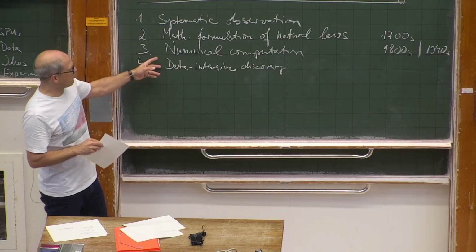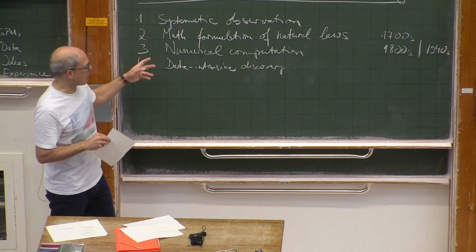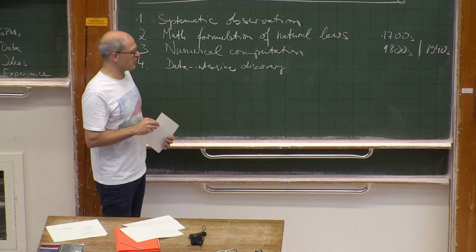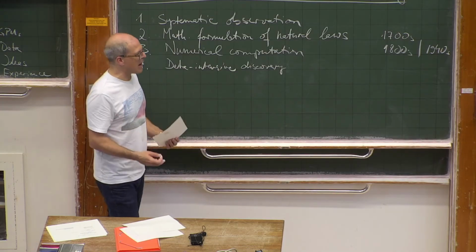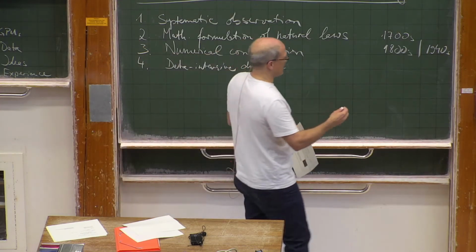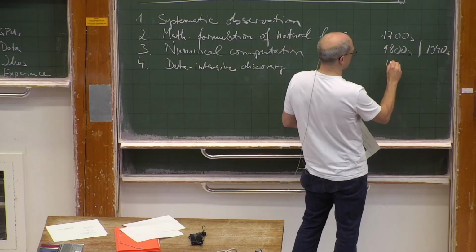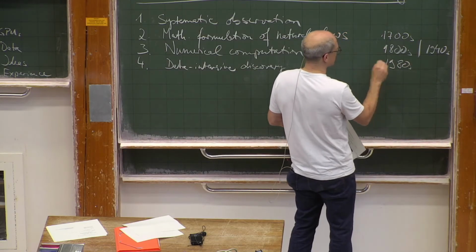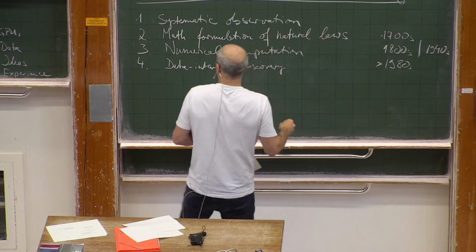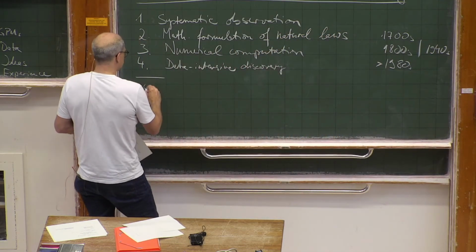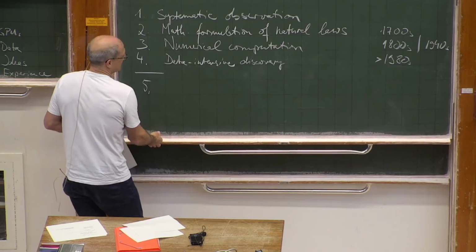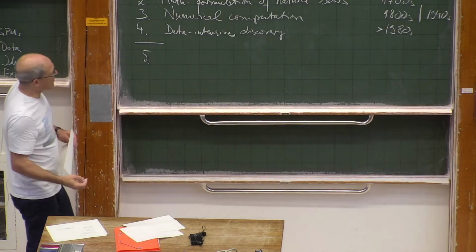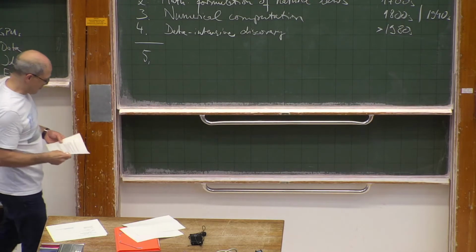So in any case, devices that require digital storage of the observations and then allowed to mine these observations. And I'm putting here maybe 1980s, maybe later. And by his account, this is now maybe the era of a fifth paradigm of scientific discovery,